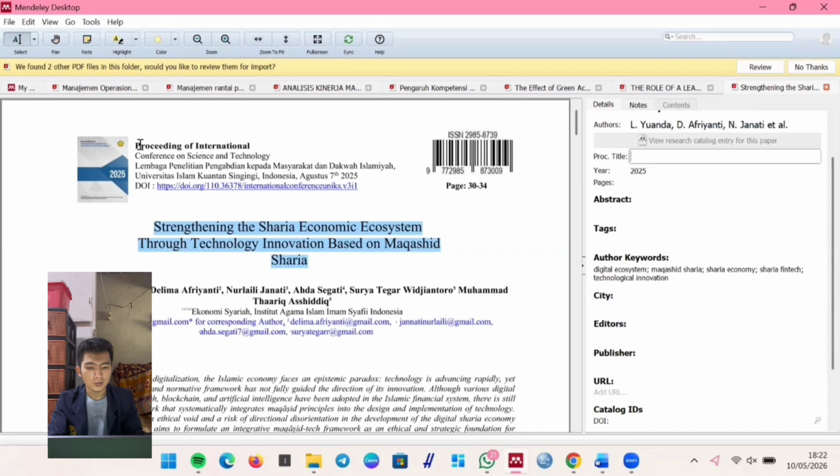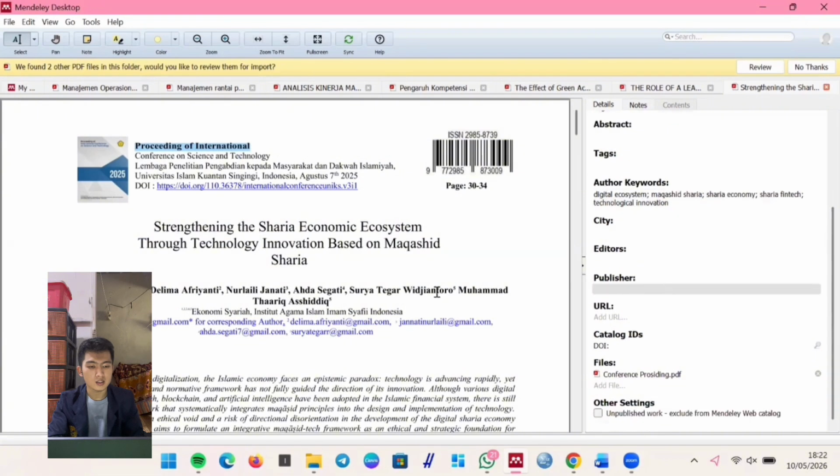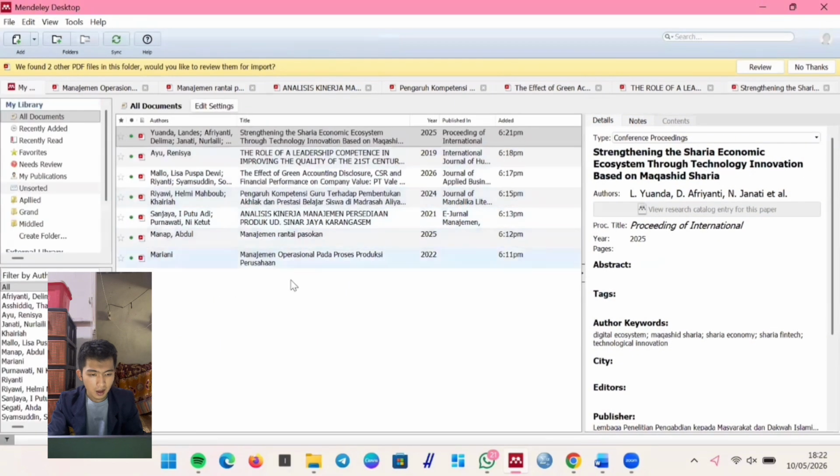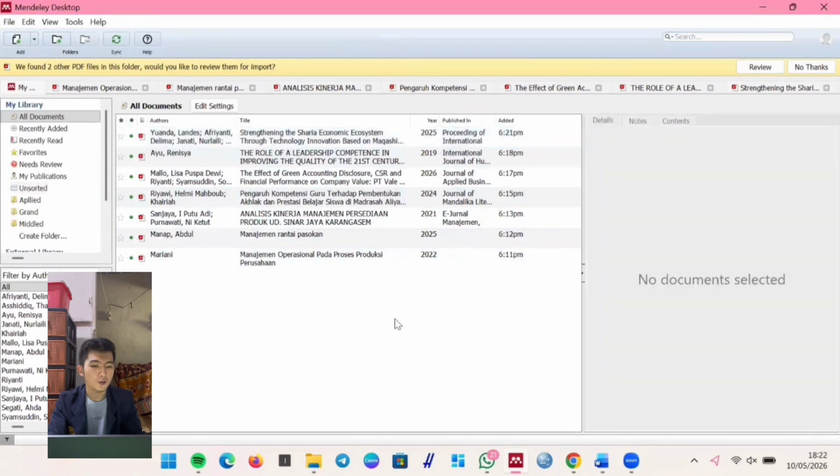For a proceeding, make sure these elements are filled in. Title and author. Just like with journals, ensure the title and author names are accurate. Proceeding title. This is important. Don't put a journal name here.